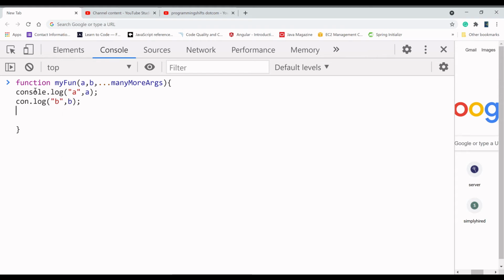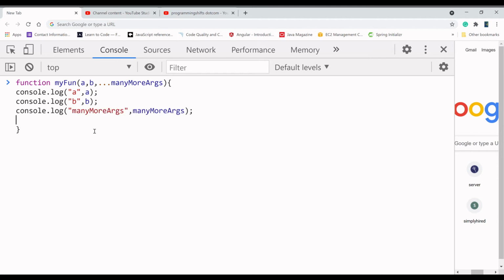And if we have more elements, we can write console.log and pass the rest args as well, right?